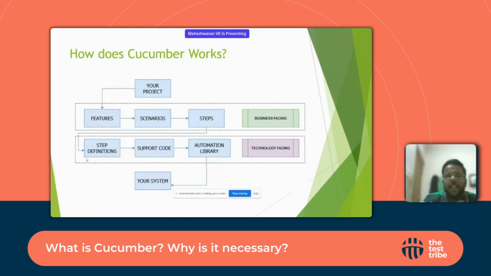We can see each one in detail in this session, but this technological facing is more of coding, more of integration of different modules like that. So this is purely technological facing. This is a place where all the developers step in. This is a place where all the automation testers will step in and